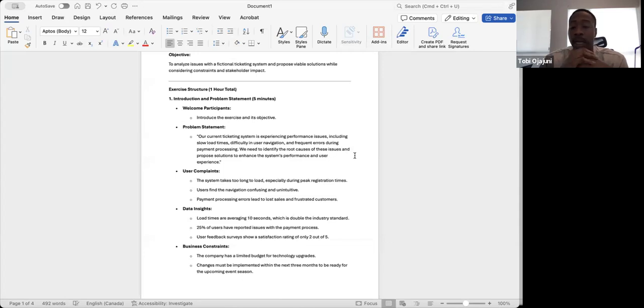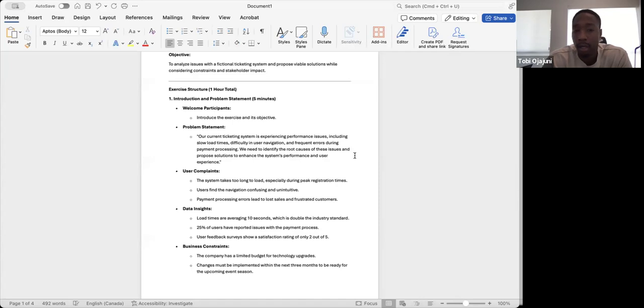So right now what I'm doing is I'm the stakeholder. I've asked you guys, the BAs, to analyze issues with the fictional ticketing system, and I would like you to see if you can propose viable solutions while considering the constraints and stakeholder impact, which is me. So the problem statement is our current ticketing system has experienced performance issues, including slow load times, difficulty in user navigation, and frequent errors during payment processing. We need to identify the root cause of these issues and propose solutions to enhance the system's performance and user